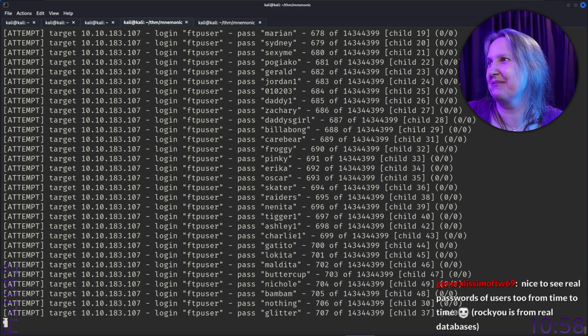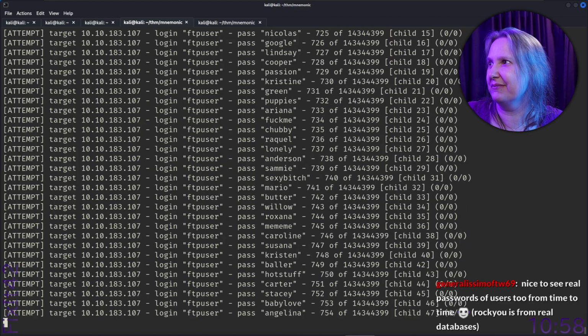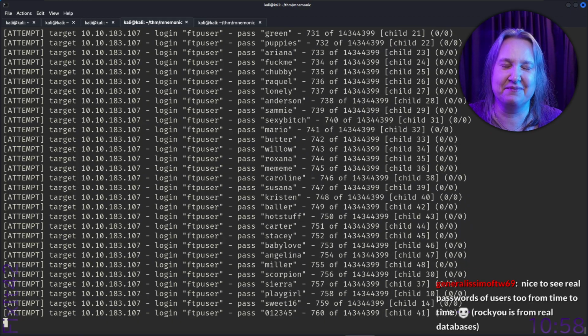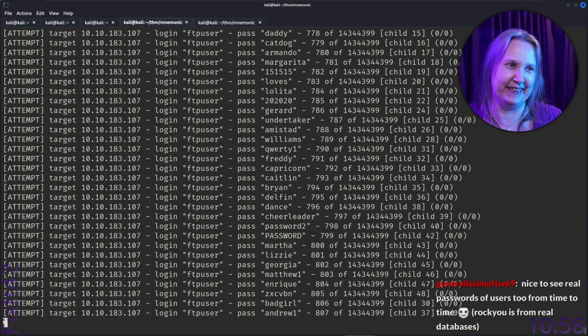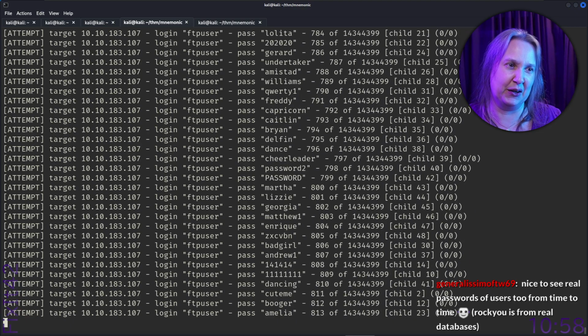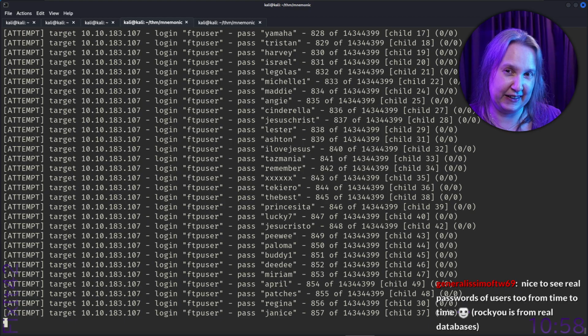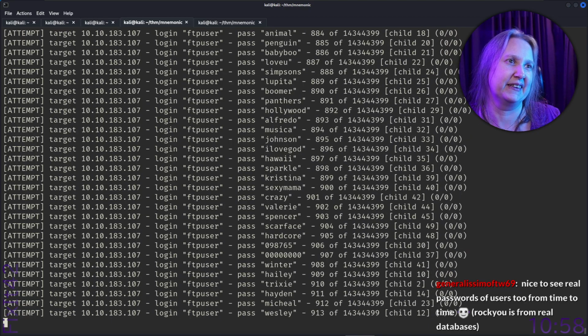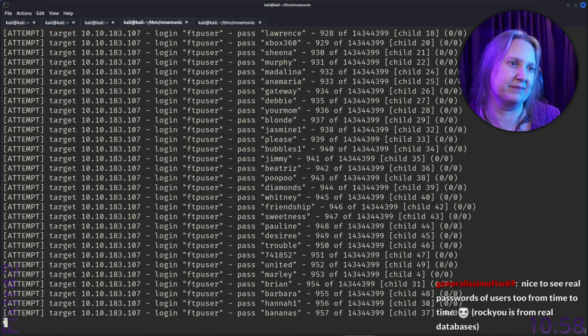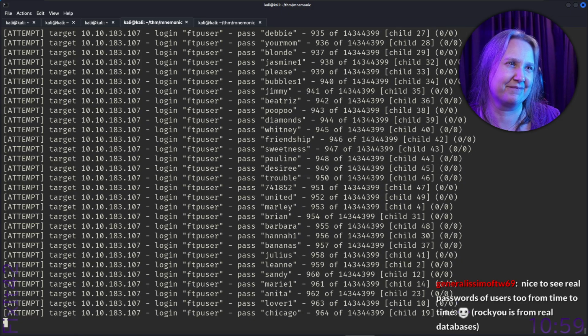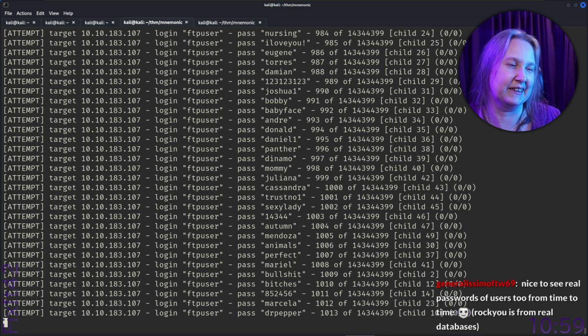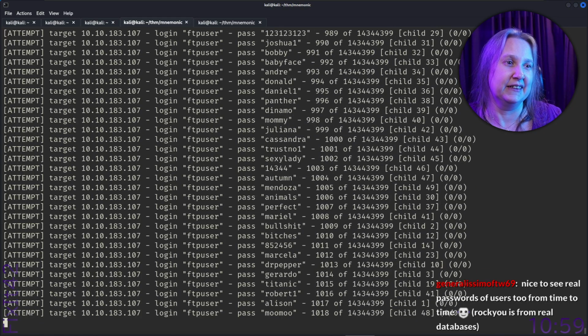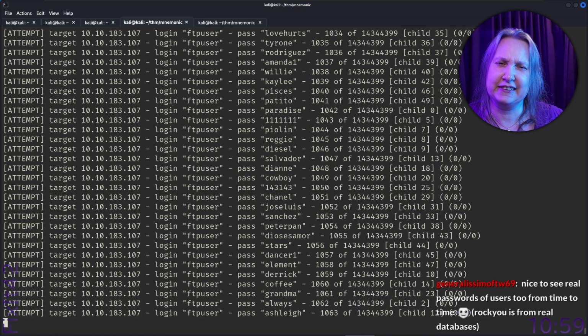You see real passwords of users too from time to time. Smile, RockYou is from real databases. And I know one old password that I still have on web pages is probably in there. I think LinkedIn was hacked and lots of stuff.